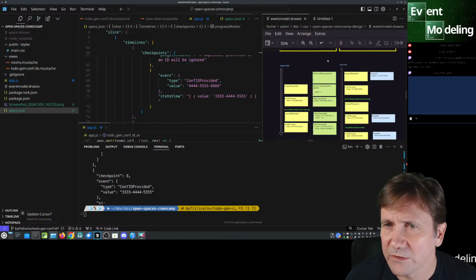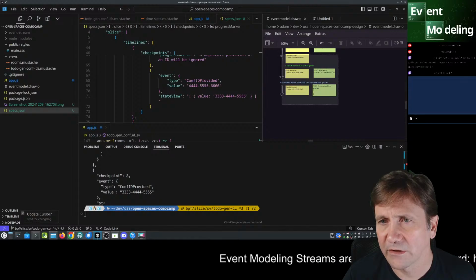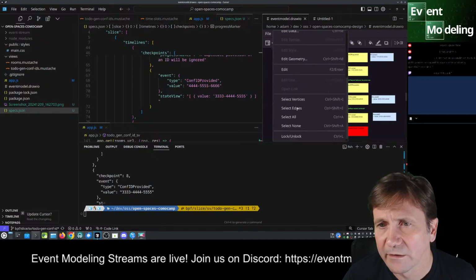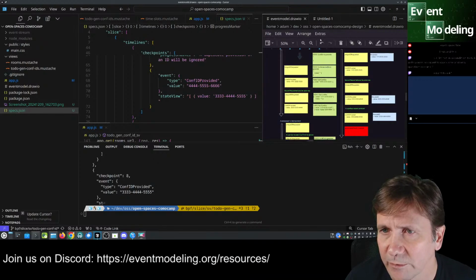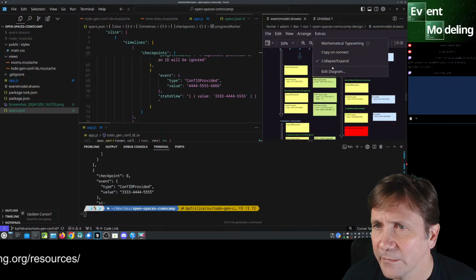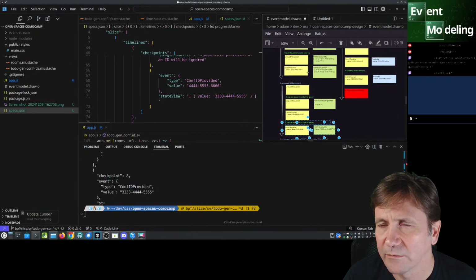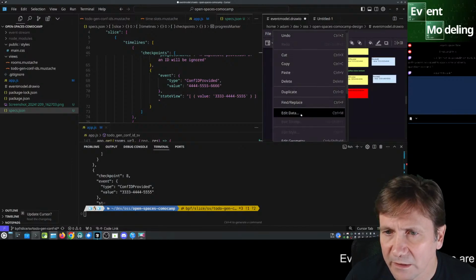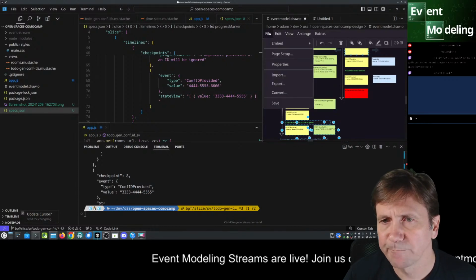So okay, there's not much that you can do if you highlight this stuff. Find, replace, select vertices. So okay, I'm gonna have to do a bit more research on here. Or let's see if there's anything in extras. Edit diagram. I don't want that. View, outline, scale, edit data. Yeah, probably doesn't have anything.